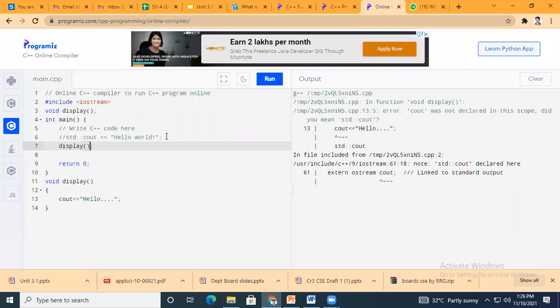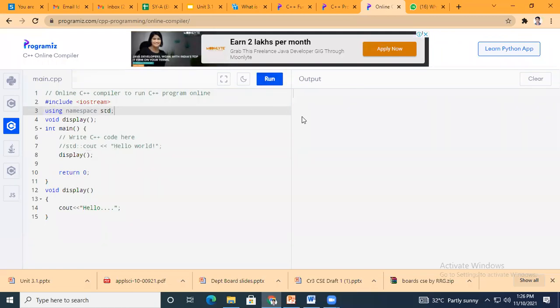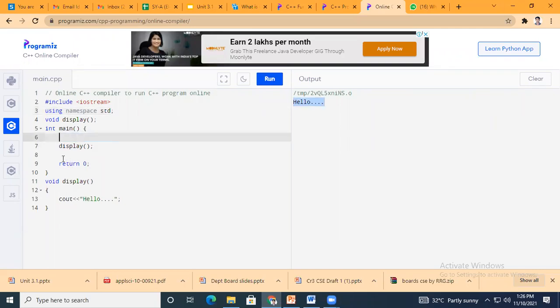Just a minute. Yes, here I have not written namespace. Okay, so you'll find the message. Are you getting this?